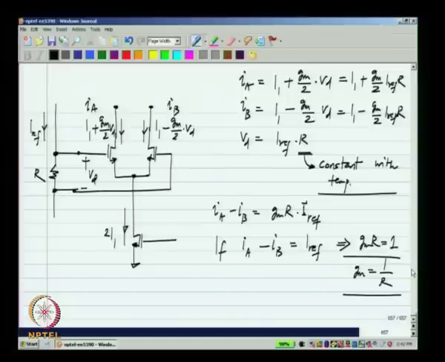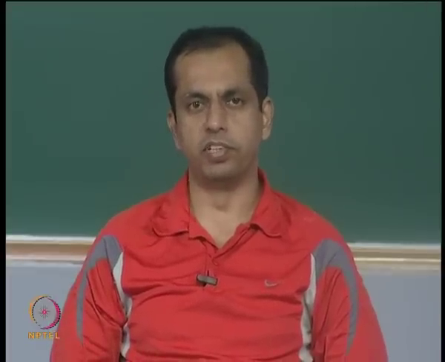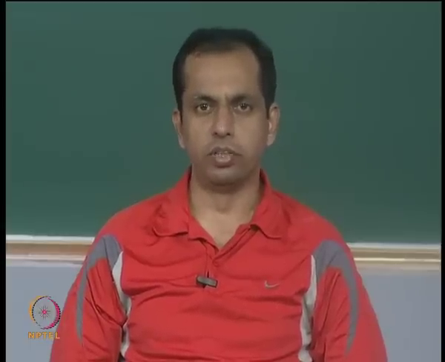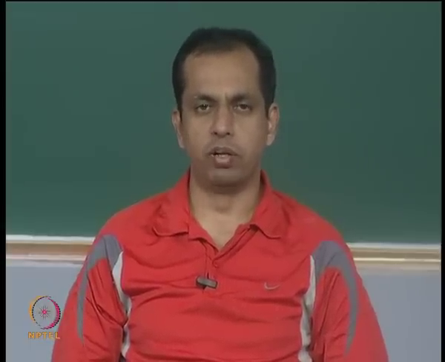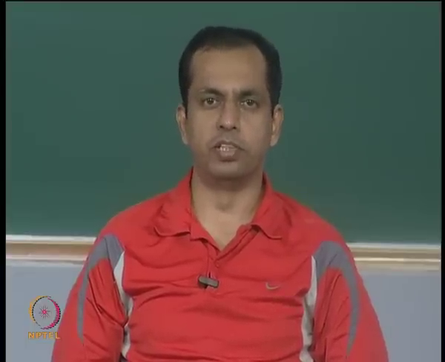Okay. Now, what it means is that I have to change the transconductance of the differential pair until this GmR times Iref, which is the output differential current of the transconductor, equals the reference current Iref. In those conditions, obviously Gm times R is 1 or Gm will be equal to 1 by R, and as we have said, R is constant with temperature. So, Gm also will be constant with temperature.